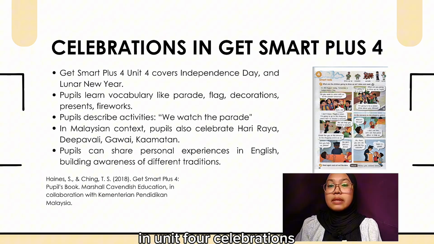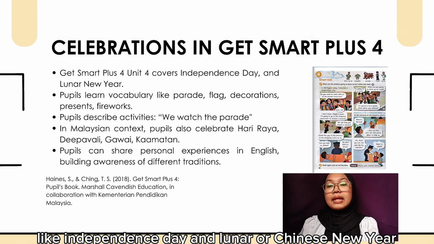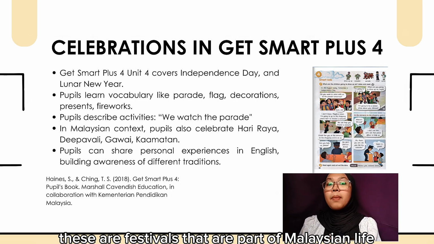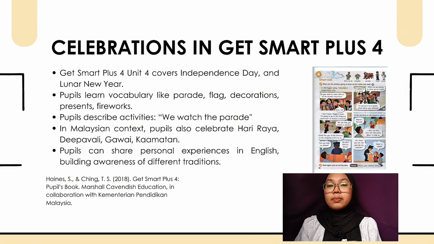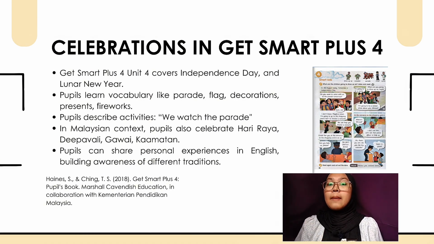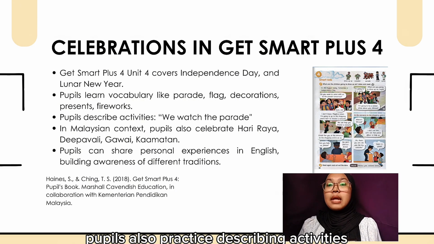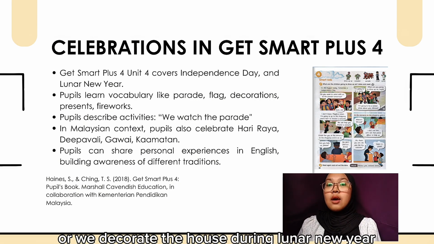In Unit 4 Celebrations, pupils are introduced to events like Independence Day and Lunar or Chinese New Year. These are festivals that are part of Malaysian life, so pupils can easily connect with them. The unit includes vocabulary such as parrot, flag, decorations, presents, and fireworks. Pupils also practice describing activities. For example, they might say, "We watch the parade on Independence Day," or "We decorate the house during Lunar New